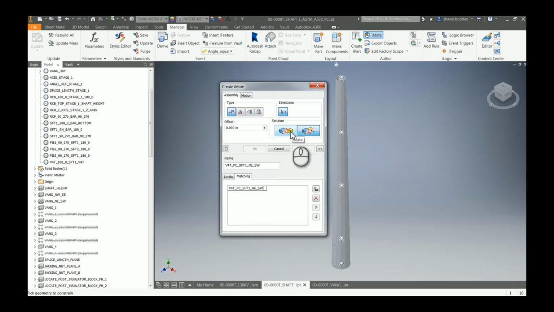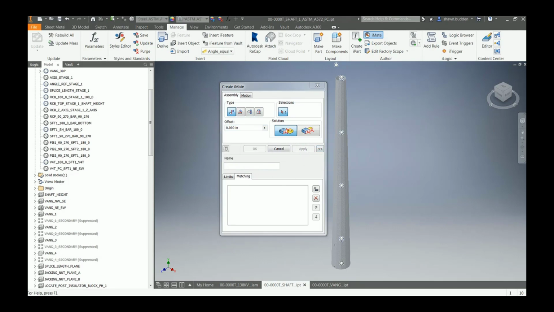And this one happens to work better when I use the mate rather than the flush mate. And I can see here that in the parent, I'm going to this plane that I've created called northeast southwest. That's kind of an angled plane. So you can see it right there when I highlight it, and I can apply it. We'll go ahead to the next one,